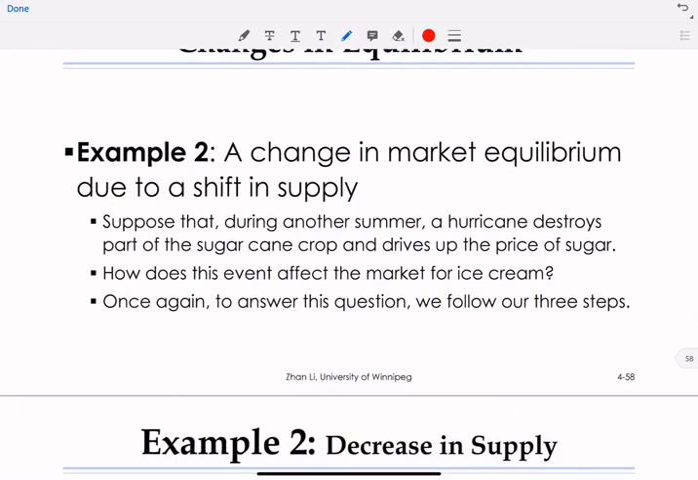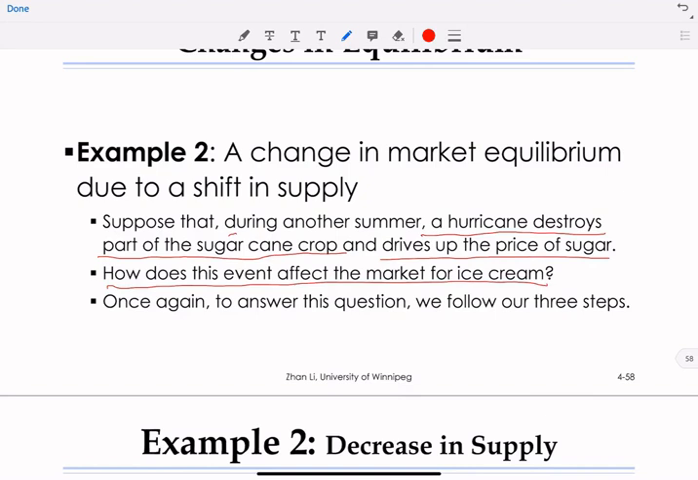Okay, now let's examine the second example. So let's say in the second example, a hurricane destroys part of the sugar cane crop and drives up the price of sugar. How does this event affect the market for ice cream? Now, let's repeat our three-step process. First,